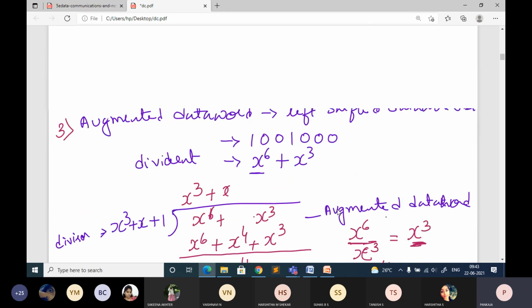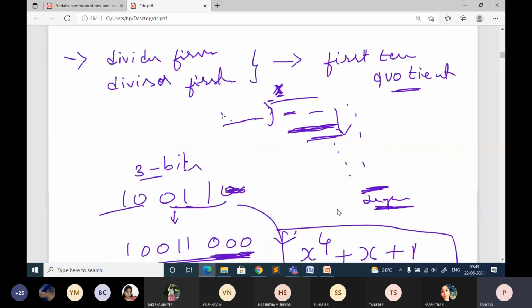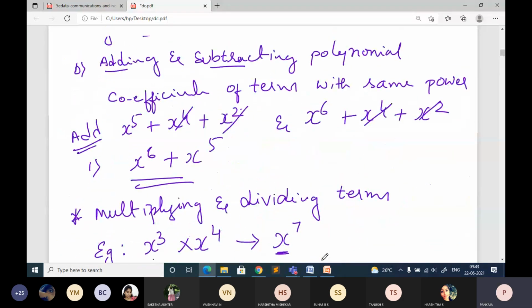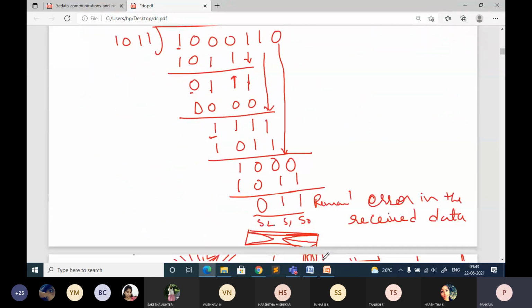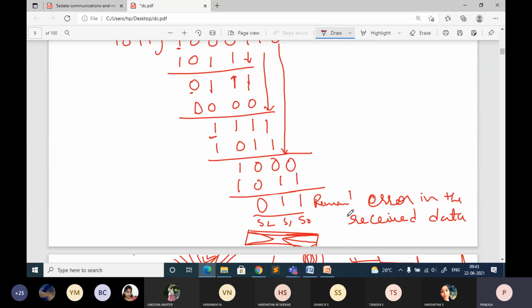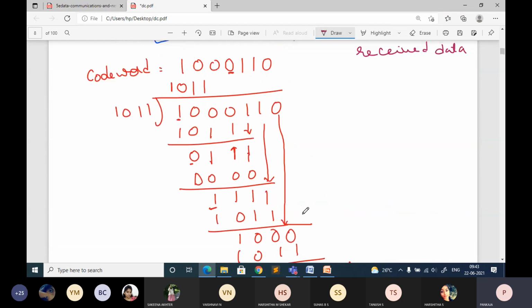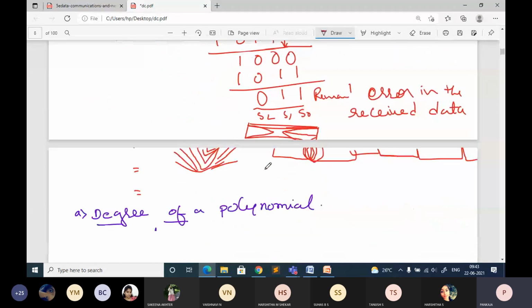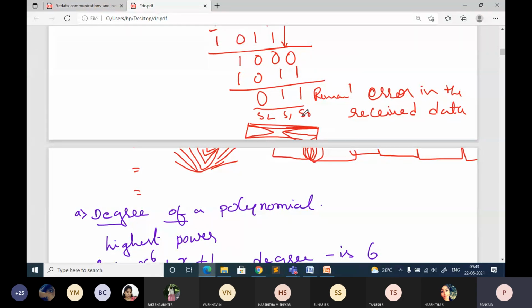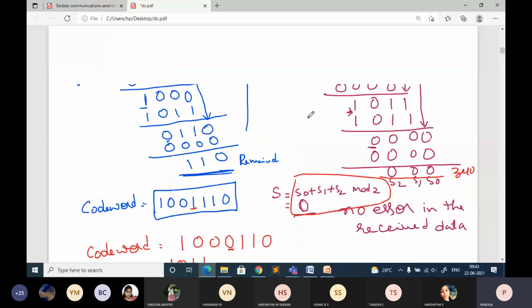It's similar to the binary we have done in the last class. So the receiver side I'm just leaving to you people. You can see we have not got 0 here, the remainder. When it is received at the receiver side, one bit was corrupted, so due to that you got some remainder. So it indicates that there is an error in the received data. And if there is no error, you will get 0. So this is in binary.